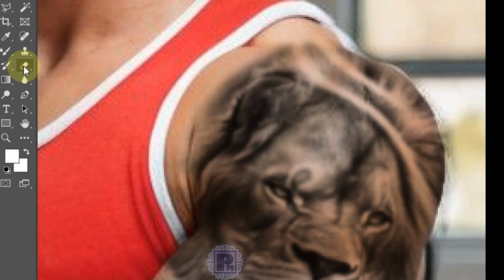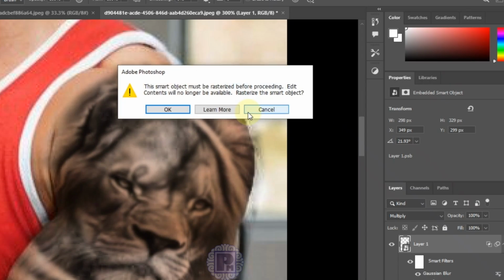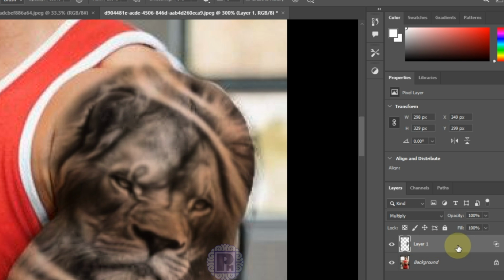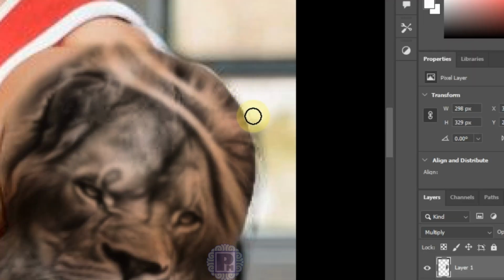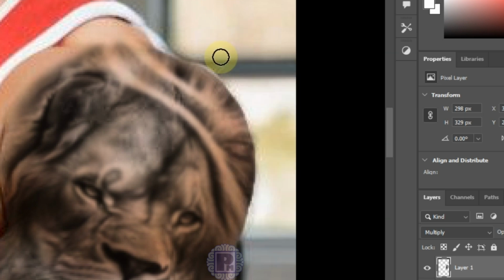Normal eraser, just click the eraser and then you right click to choose the brush tool. This is the one we need without any hardness. But before you do that, we have to rasterize the layer. That is why that thing is showing over there. And when done, just use the brush to clean the parts we don't need. Remember, it's a soft round brush. With zero hardness, just paint around